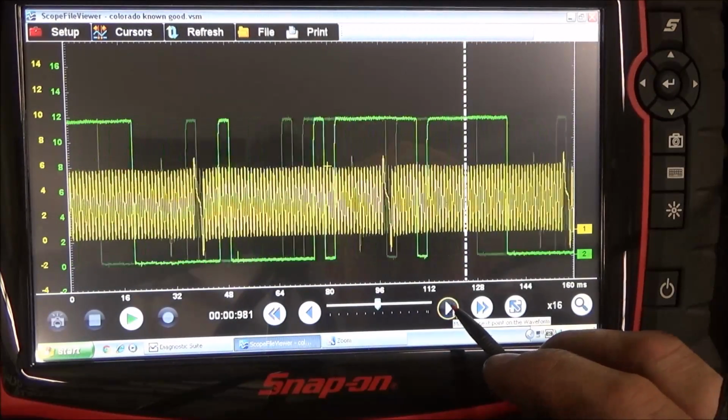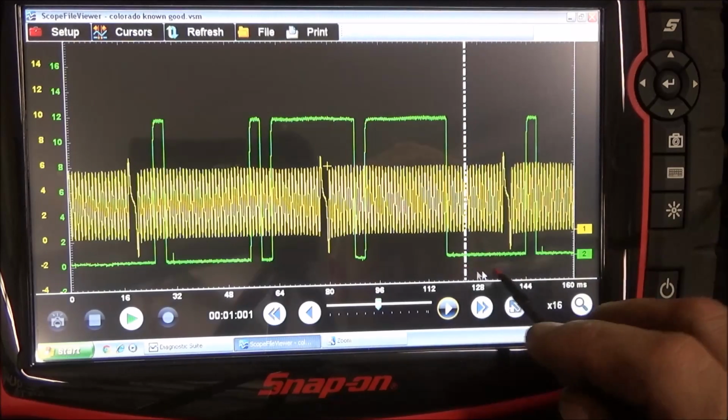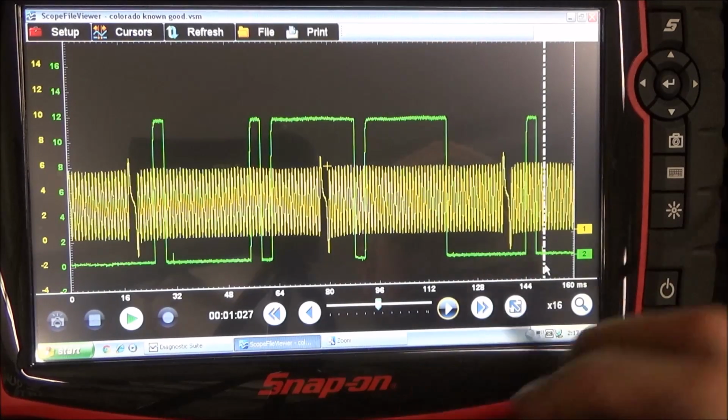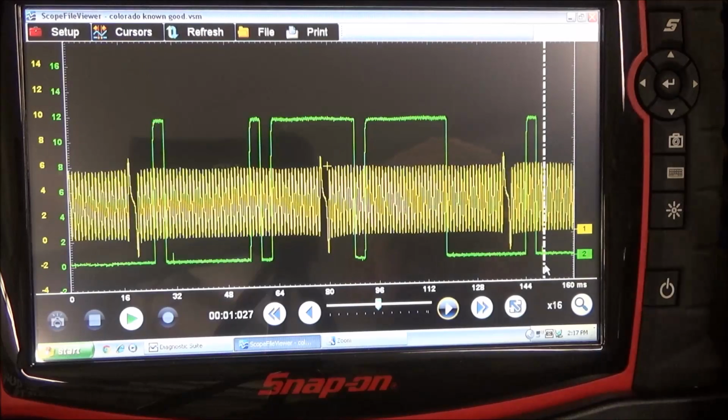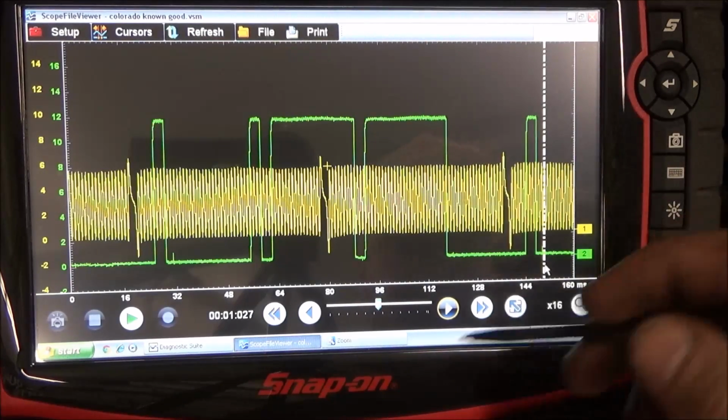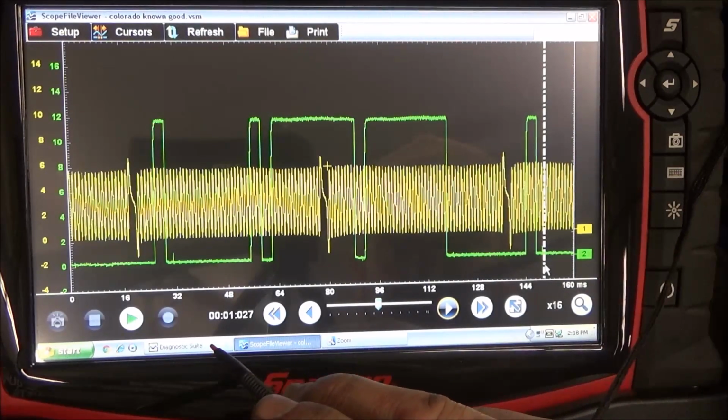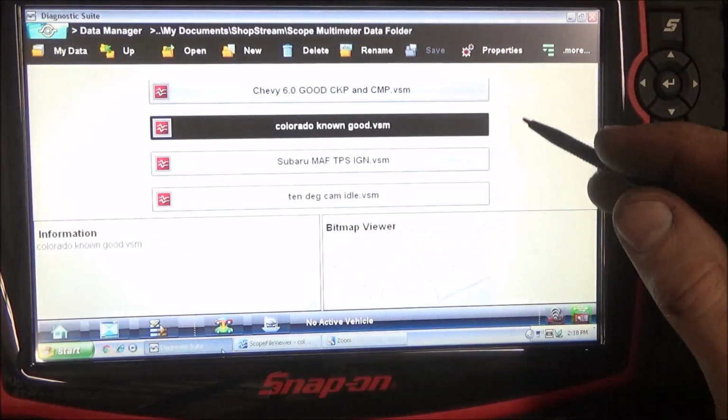Let's get the same event up here on the screen. So that is our known good, or one we suspect is good, but it still had the code in it. And then we have